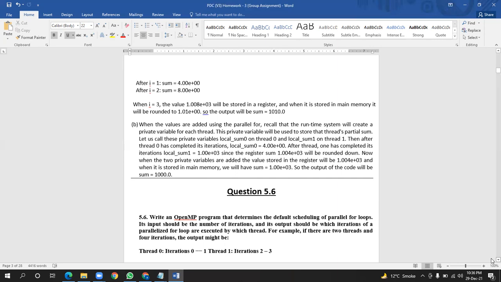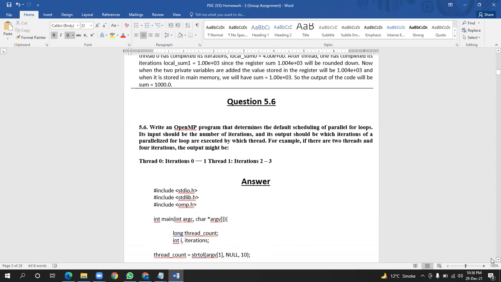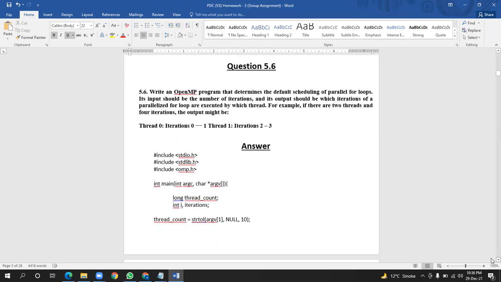The next question we have is of OpenMP, in which we have to make our code according to the given output. So in our code, first we include the header files stdio.h, stdlib.h, and omp.h, which is the header file of OpenMP.